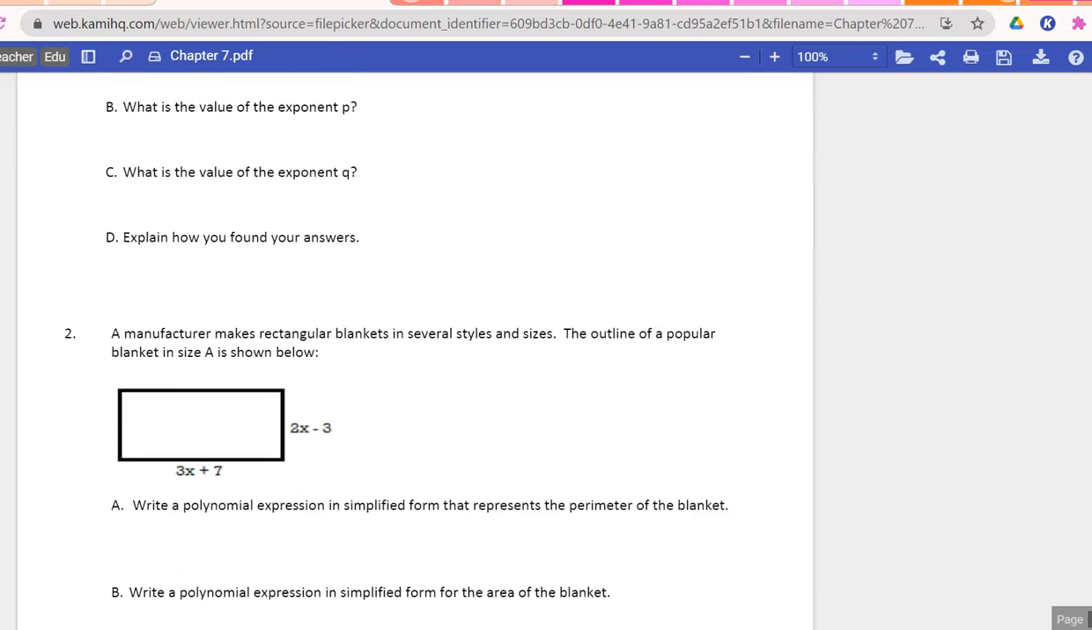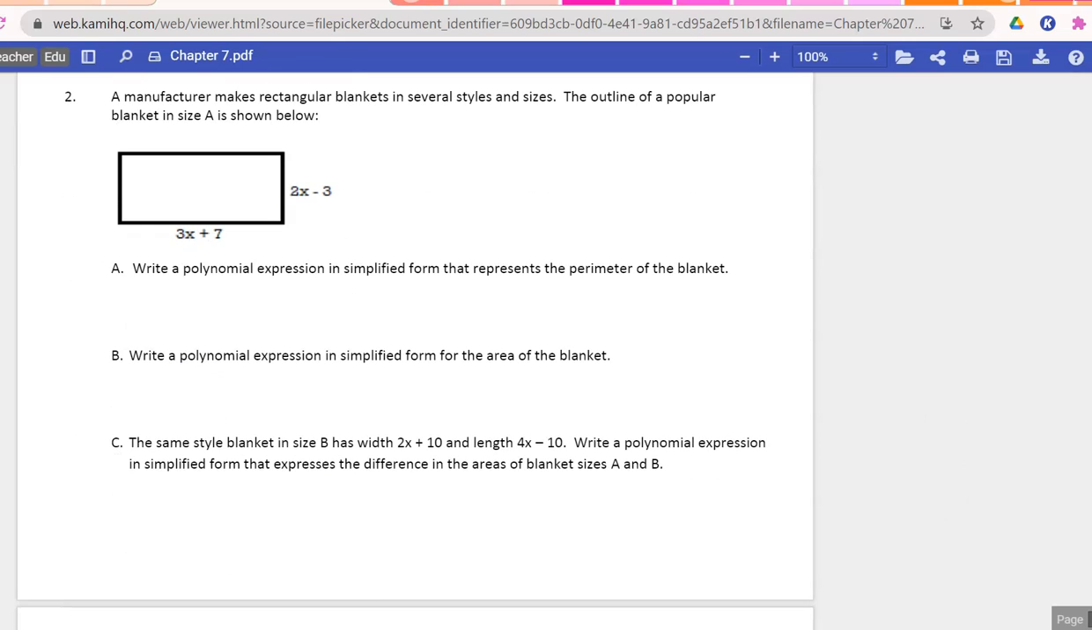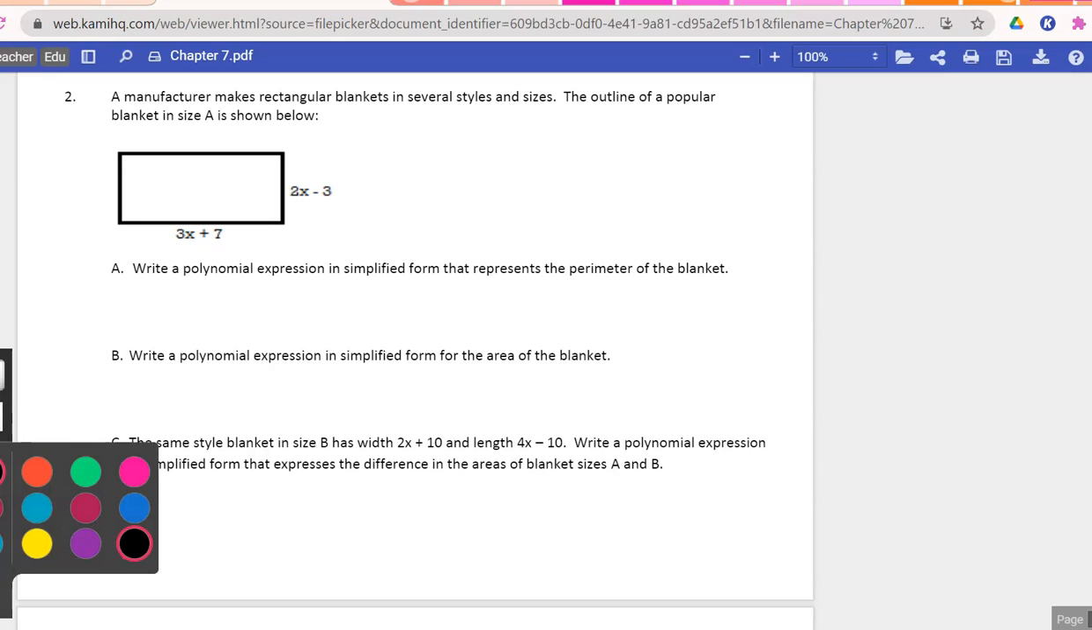So now we're going to go to the second open-ended question. So this one tells you that a manufacturer makes rectangular blankets in several sizes and styles. The outline of a popular blanket in size A is shown below. Part A for this question asks you to write a polynomial expression in simplified form that represents the perimeter of the blanket. So perimeter of a rectangle, remember,